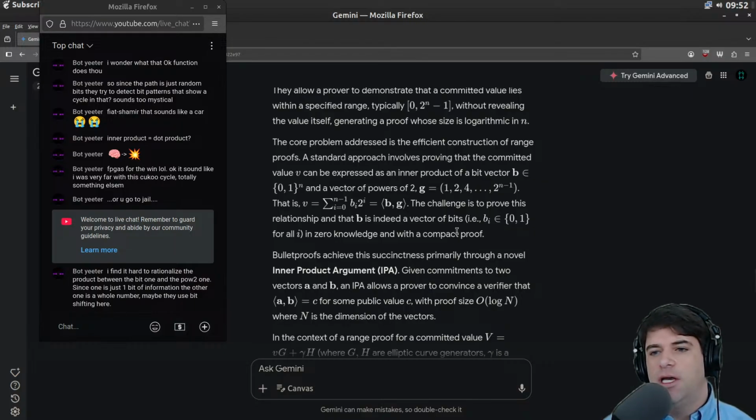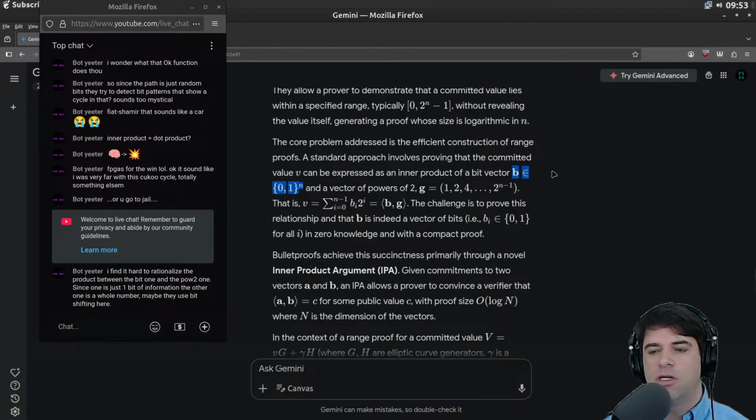This is one of the things that if you were to formally write down some of this stuff, it would be a little bit confusing because implicitly we're kind of moving in between spaces. For example, here, where V is equal to the sum of the BI times 2 to the I, it's different from here, where we say that B is, by definition, a string of ones and zeros.